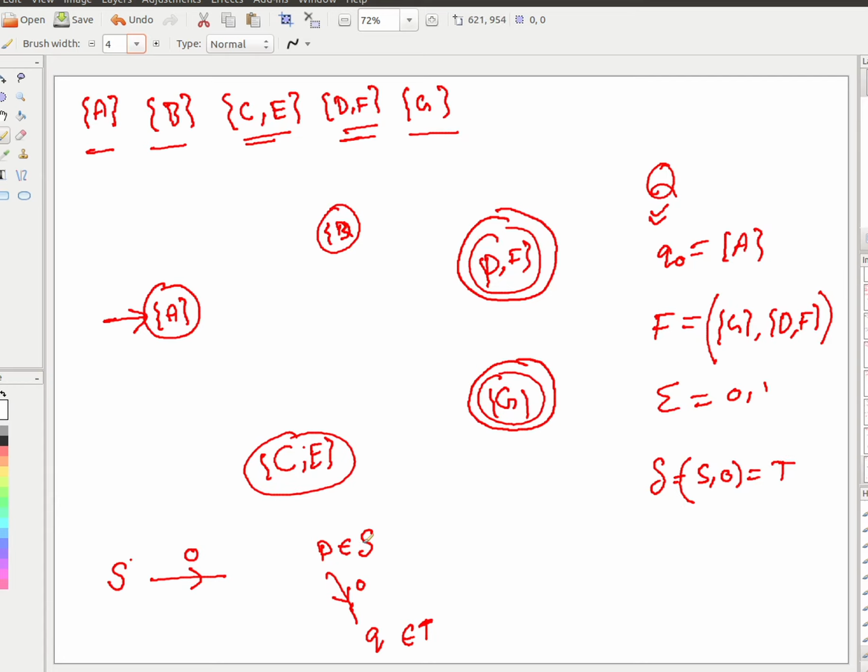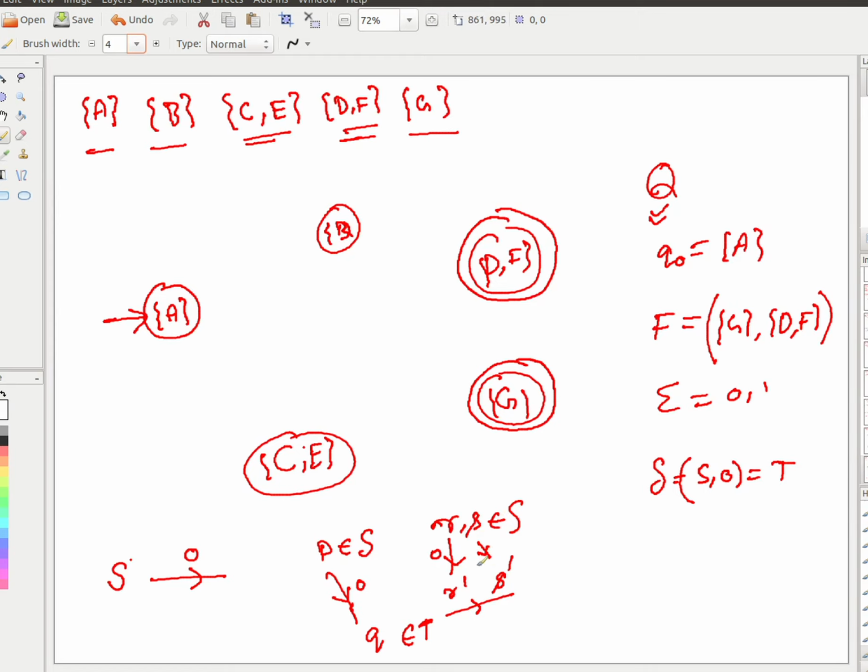It might be possible, you might be thinking that, okay, there might be some R and S belonging to the first block, such that when you take 0, this goes to R dash, this goes to S dash, and they are in different blocks, correct? That R dash is in a different block, S dash is in a different block. But can it happen? Can you have some pair of states in a block such that when you take it for some element, it goes to two different blocks? The answer is no.